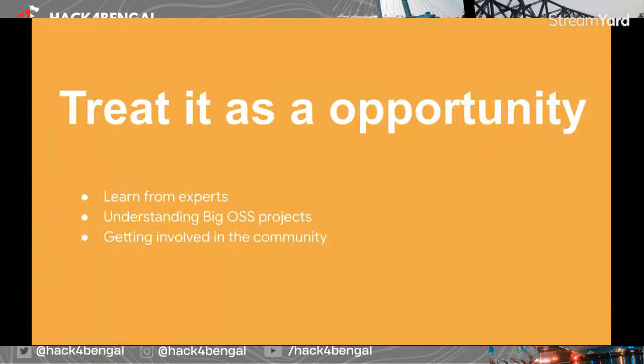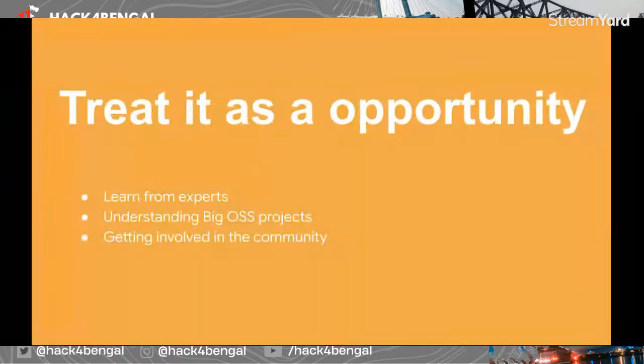So it's a great opportunity for you to make connections with them. Use that opportunity, which can later help you get better career opportunities as well. And it is also a great place to understand big open source projects.